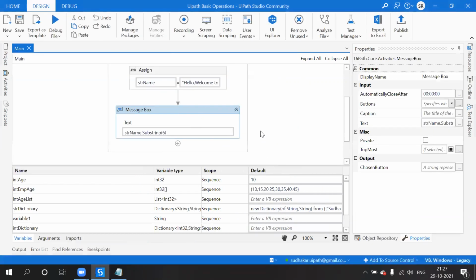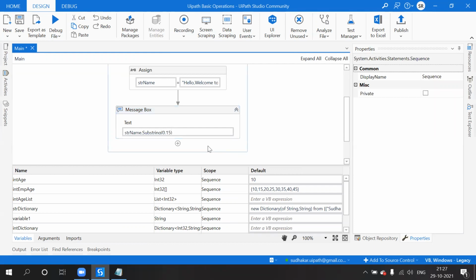Otherwise, I want to get from the starting position of the string, comma, up to 15 characters, whatever the text might be.